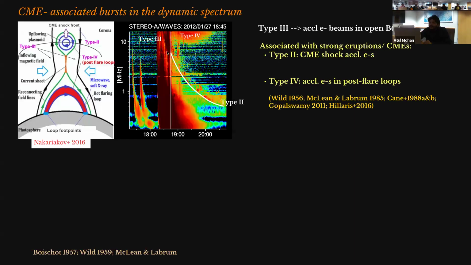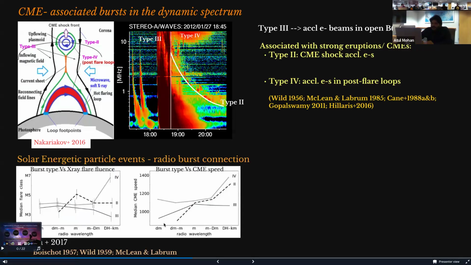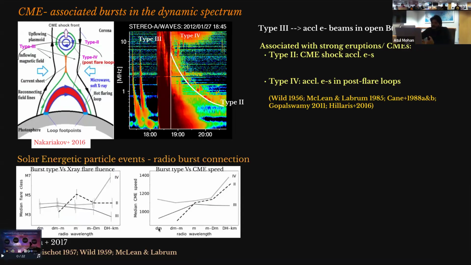All right. So these three characteristic bursts are commonly associated with almost nearly every CME you can see. Like I mentioned, the type 2s are with the shocks and the type 4s are with these post-eruption arcades. And if you take all the solar energetic particles, which radio bursts are more commonly associated with them, which is also of importance to our planetary science, right? It's the energetic particles and the high energy radiation which affects the atmosphere. So if you plot the different bands, decimeter, meter, decameter, kilometer, like that, and ask what is the mean CME speed associated with